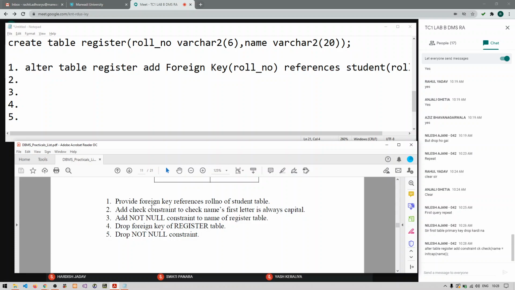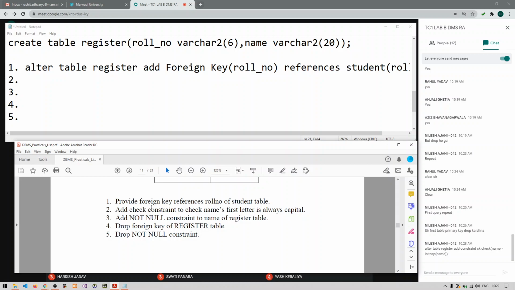Alter table register, add constraint, check name equals to init cap name. Nilesh, very good try. But let us assume that my name is like Nilesh Ajani. Then in that, Nilesh space Ajani, only the N should be capital, and the A of the surname should not be capital.